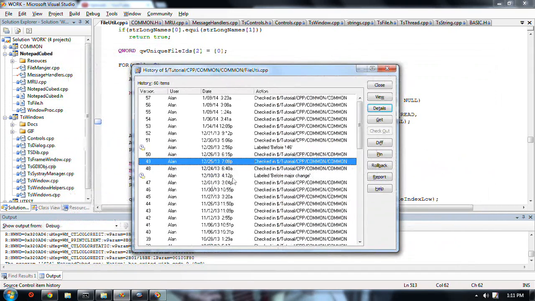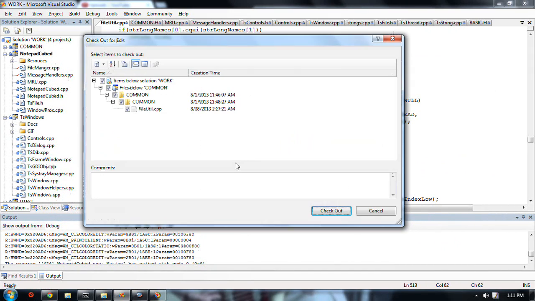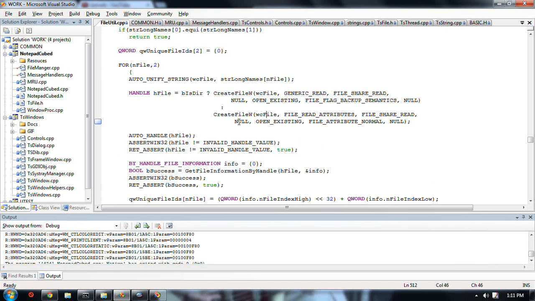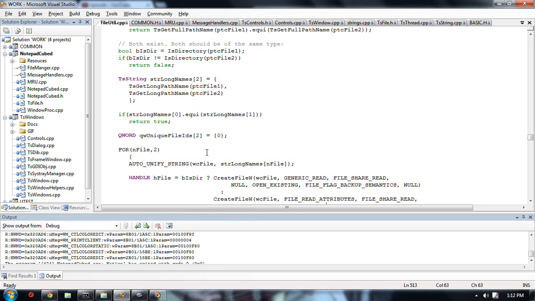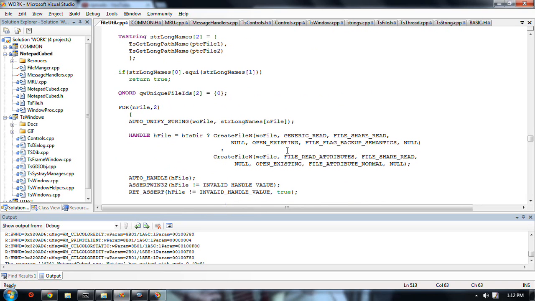And so, it took a while to track that down. So yes, if you want to just read a file's attributes and you've got that file open already, it's not going to let you read it, even though it's your file and you've got it open and you own the handle to it. You still can't